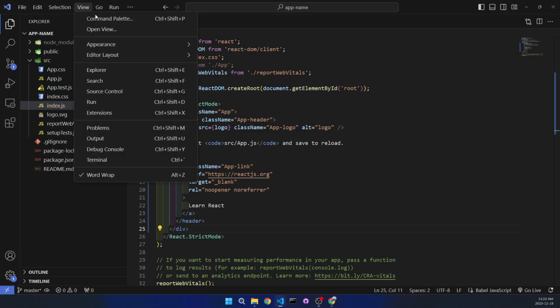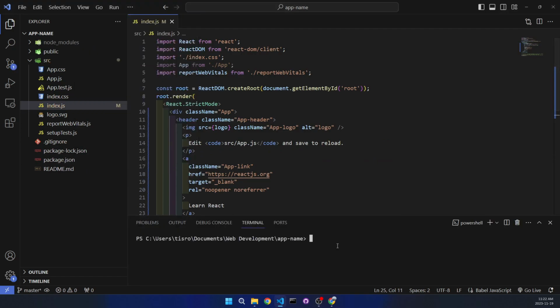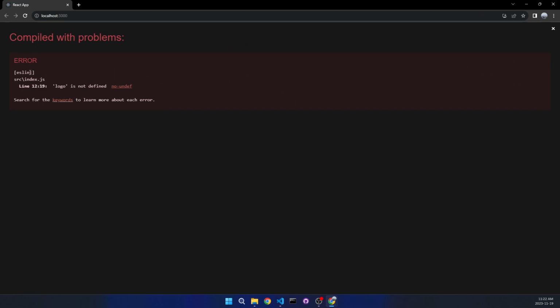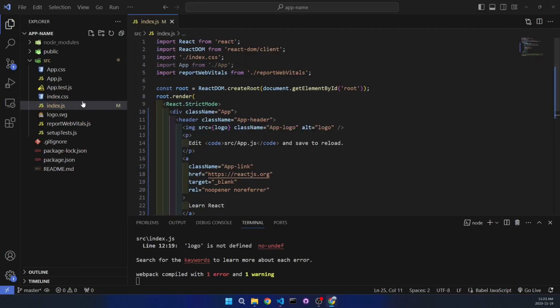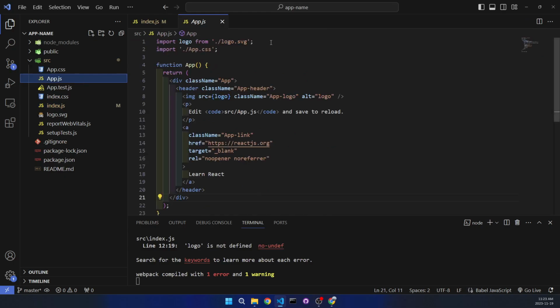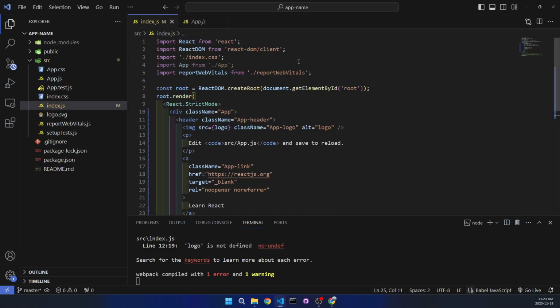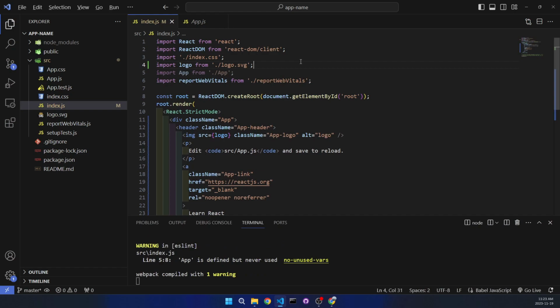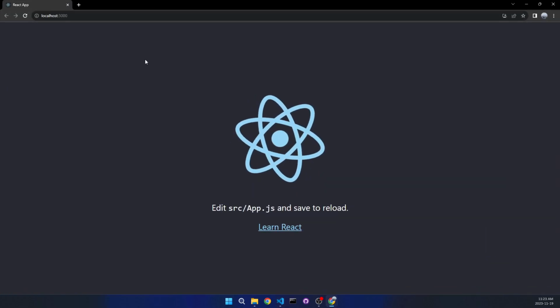So let's actually go to view, terminal, and we're going to run npm start. And when it starts, it should open up a new tab, and we can see that we get in there. So logo is not defined. And to actually define it, let's go back here. I'm going to copy this, paste it in here, and now when we actually go back, we can see that